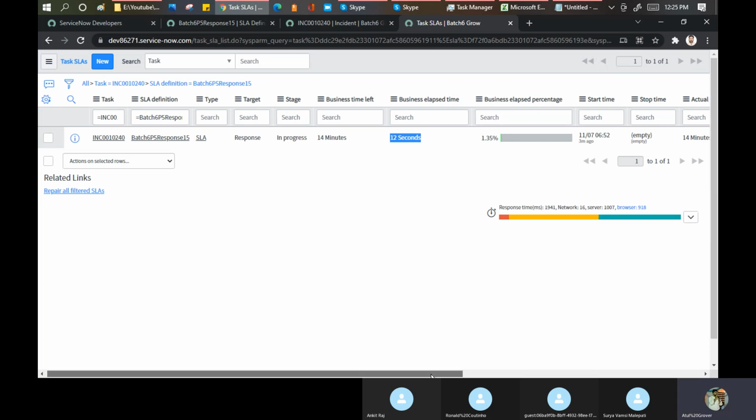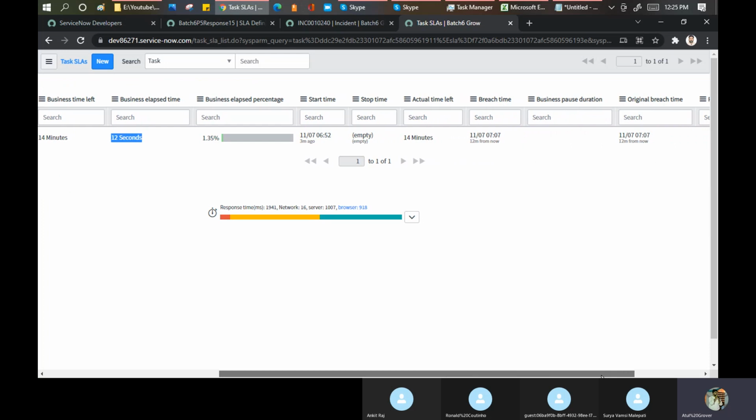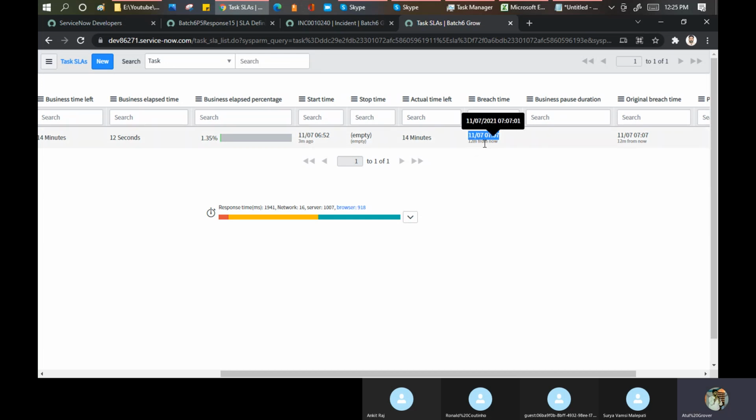Okay. Now, in operations, these things are very much important. Your SLA has started at 6:52. मतलब 6:52, it will be breached at what time? Add the 15 minutes. It should be breached at around 7:07. So this is the actual breach time. It's saying 12 minutes from now, it will breach. So this way you can understand when the breach time will be there.